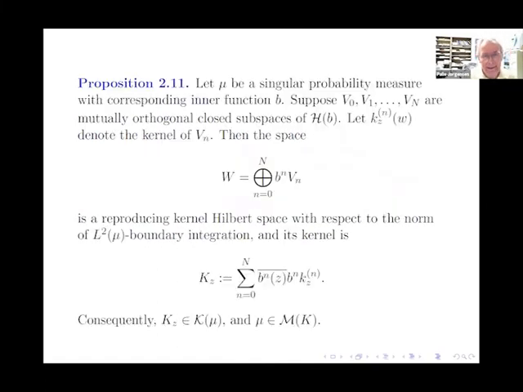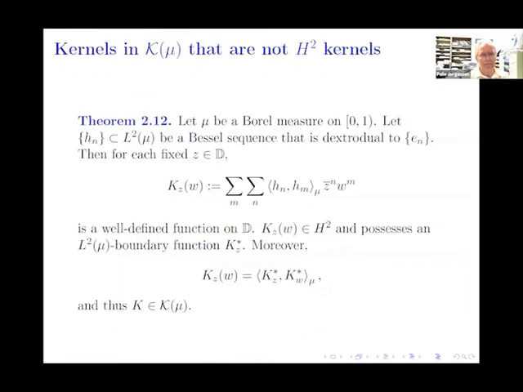And not only that, you can take a finite sum corresponding to your favored choice of subspaces V0, V1, and so on, with corresponding kernels, and then do sort of a truncated version of the Wold. And then you get a corresponding kernel like this. And that kernel would be in script K mu. And so you get a whole bunch of kernels in script K of mu for any one of your favorite singular measures mu. All right, so that was that.